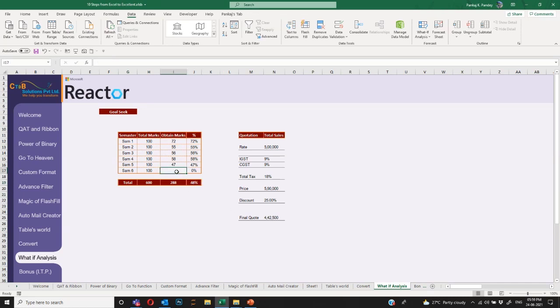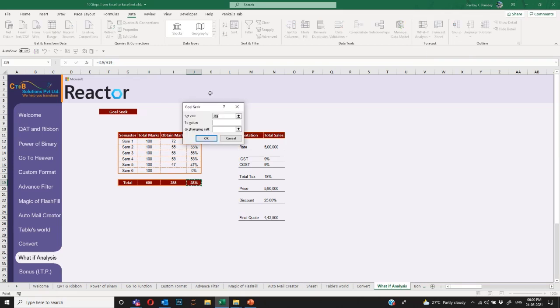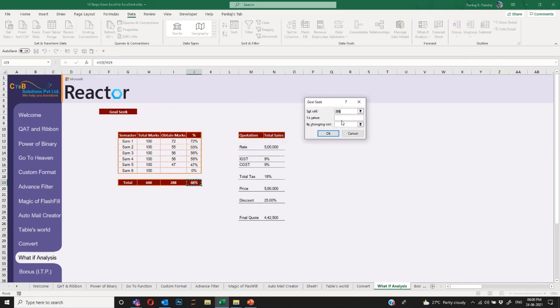Here I will have to put a number which will give me the result here. The very basic rule is that the end result cell should be formulated, and the cell you have to find the value for should be non-formulated. So I'll go to What-If Analysis, then Goal Seek. In Goal Seek, it only has 3 things. First is Set cell, which means the result cell. This is the result cell.